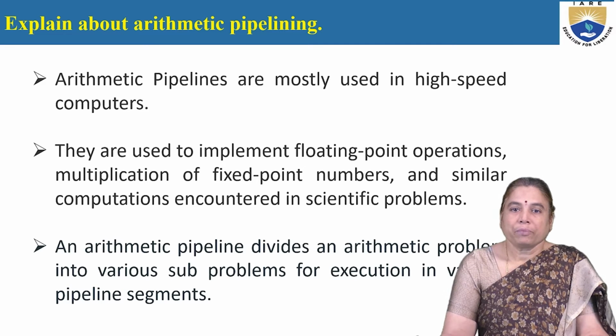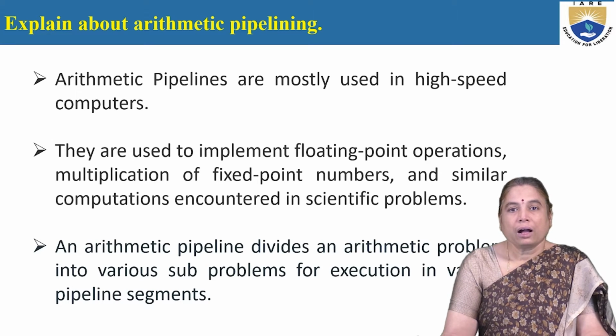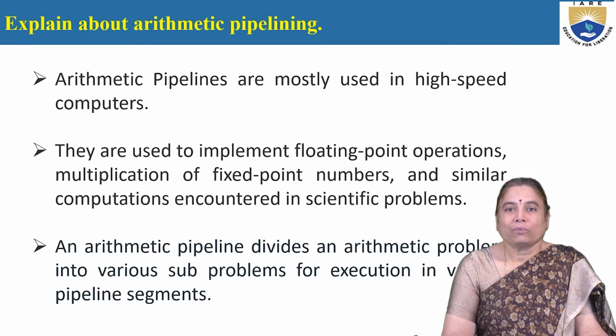This parallelism can be achieved by employing multiple functional units or with the pipelining concept. Pipelining can be used to overlap the execution of the segments of a computational task or the instruction execution